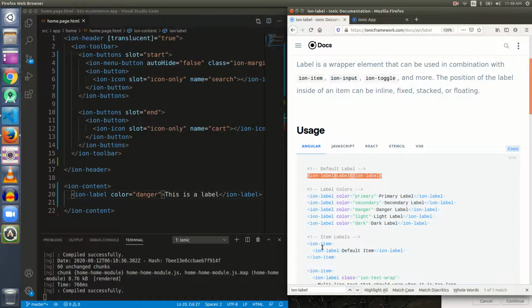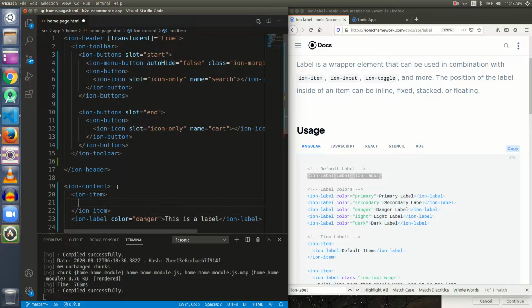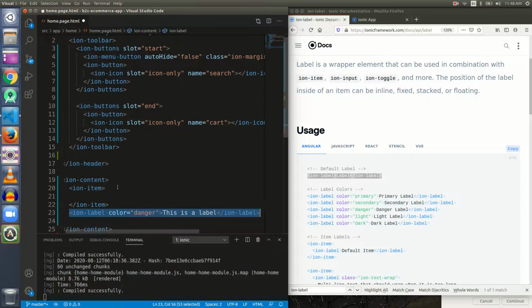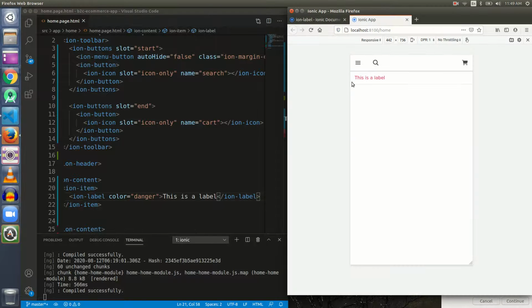And then we have label inside an Ion item. So let's put this label inside Ion item, and we know that it will give some default padding to the label. And we have got some default padding.